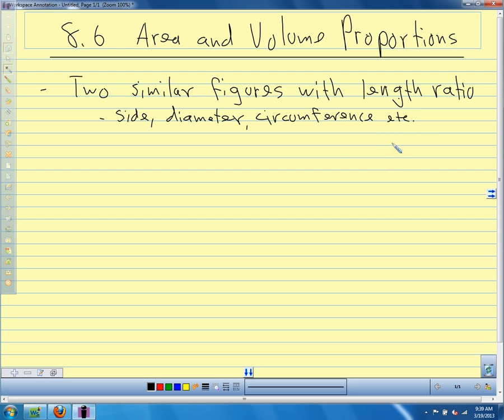If they have a length ratio of A over B, some fraction,